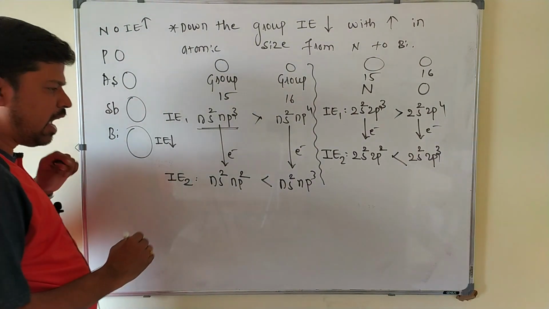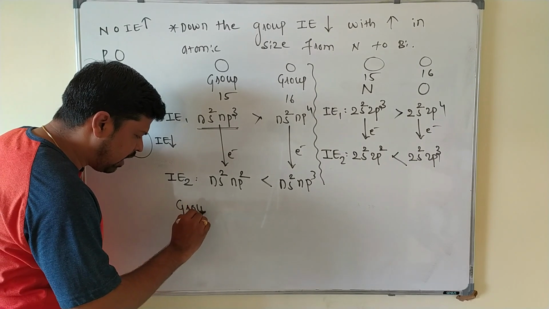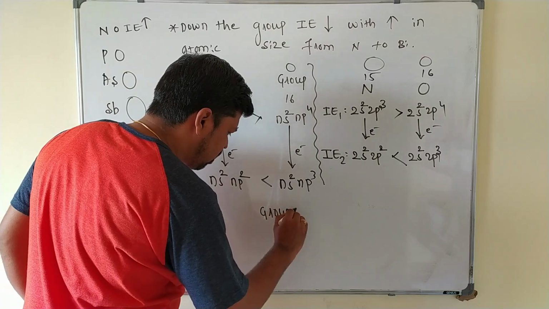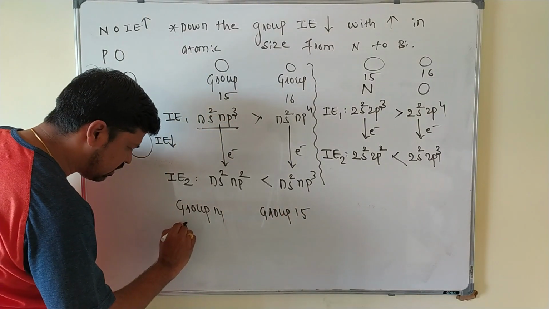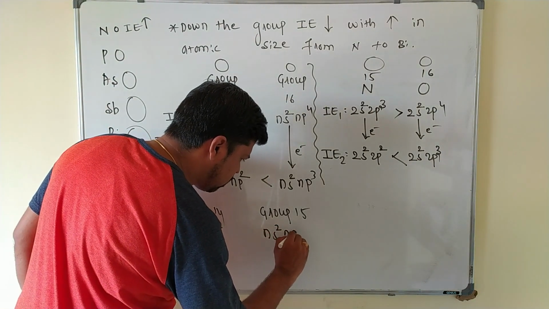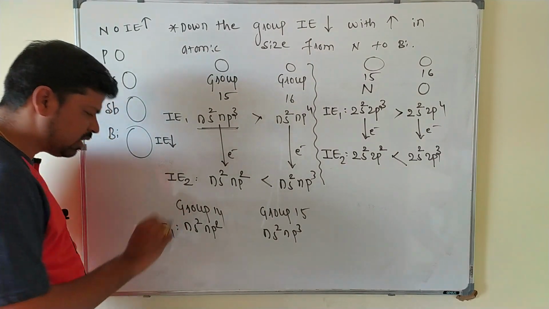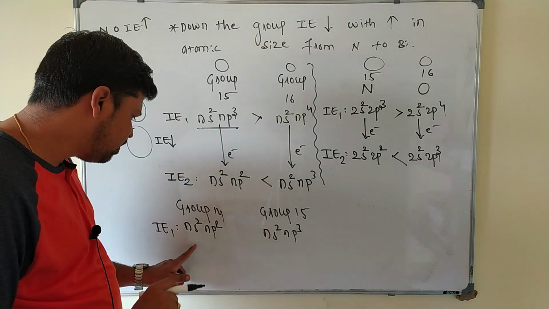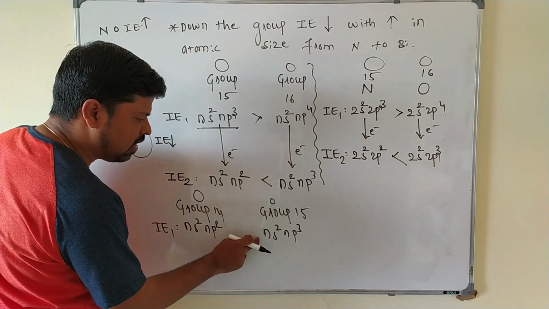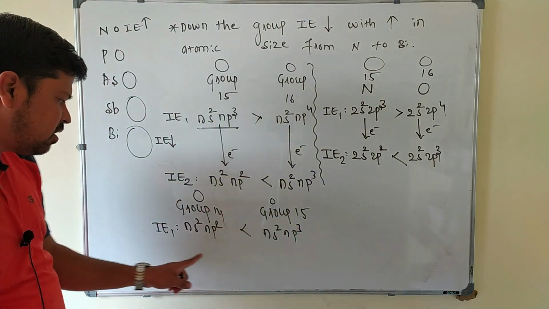Now we will compare the ionization energy of group 14 and group 15 elements. If I write group 14 element and group 15 element, again what happens here? This is ns2 np2. This is ns2 np3. Again I will take ionization energy 1, the first ionization energy: stable configuration, not stable. This is large size, this is small size. These two factors support the high ionization energy. That's why the first ionization energy of group 15 element is more than that of